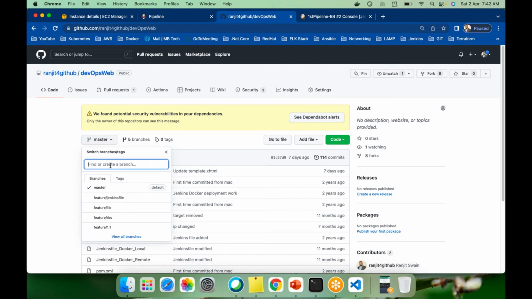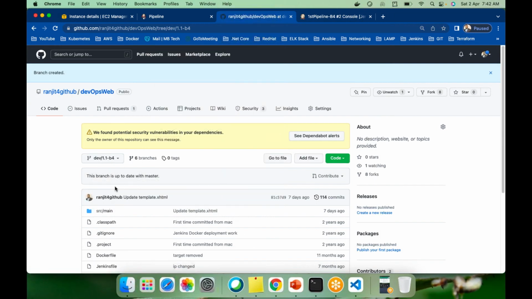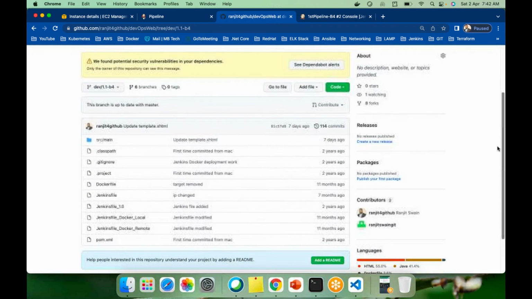Suppose I'll give the branch name as dev. Okay, create branch. Now I created a branch called dev 1.1 hyphen v4, and in this branch